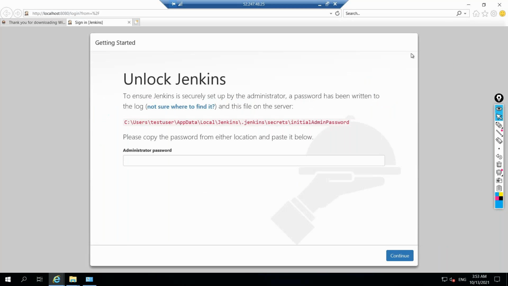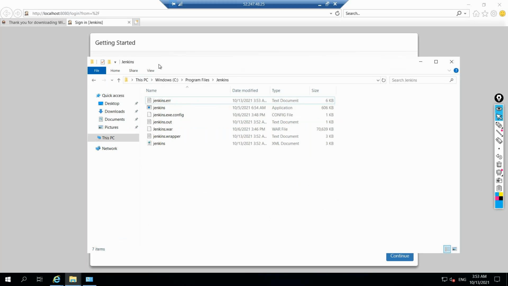So come down, it says you'll need to firstly unlock Jenkins, meaning when you install Jenkins you will get a password. Can you give me the password? Now I don't know where the password is. It is outright on your screen telling you to go to this particular location, which is the initial password. So I'll say okay, great, I'll go to this particular location in my C drive,